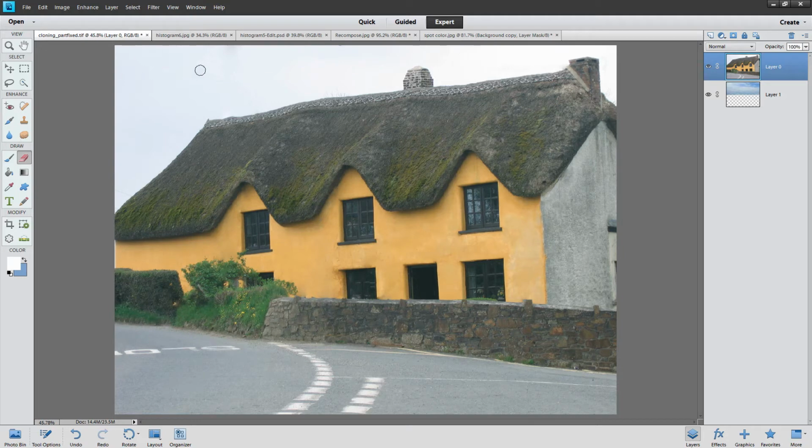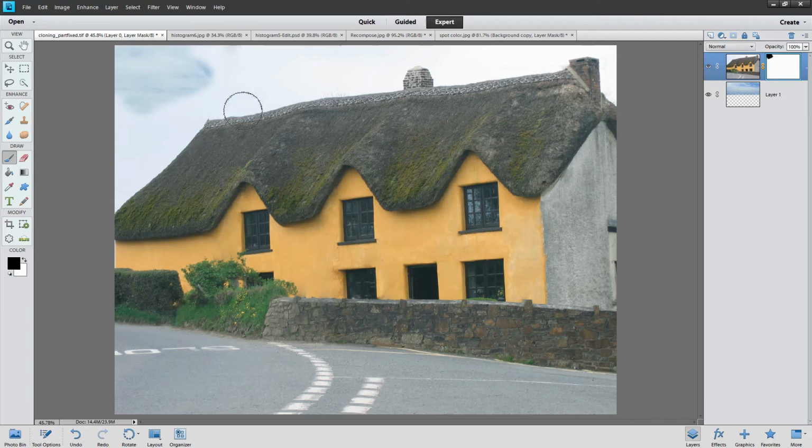It's just that we need to poke a hole in the sky so that we can see this better sky underneath. Well, we do that with a mask. We're going to click always on the top of these two layers and we're going to click Add Layer Mask. And then we're going to make a selection of the sky. We could just paint over the sky with black. Let's just go and get black. I've got my mask selected. I've got a nice big brush and I could just paint over the sky here,